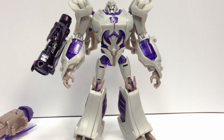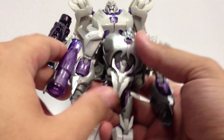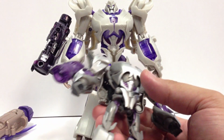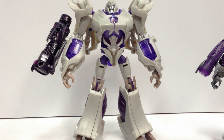So yeah, I think figure-wise, if you want the deluxe Megatron, go with the first edition. I think just overall, he's much better. His cannon is designed to integrate and peg on much sturdier to his forearm than the ARMS Micron does. But this Micron is awesome and works very well with Voyager Megatron. So he's worth picking up just for that, I think. And even if